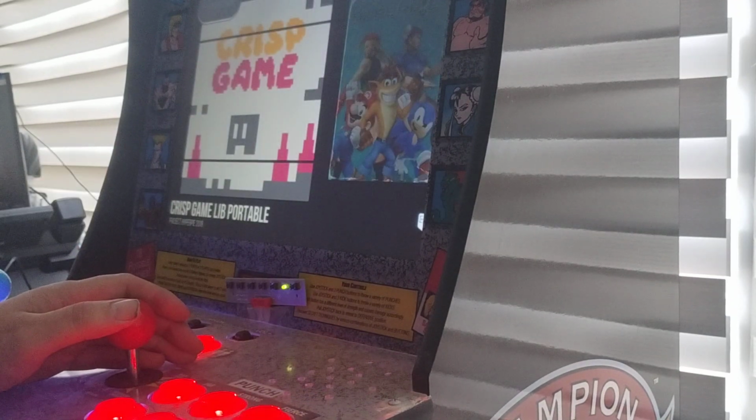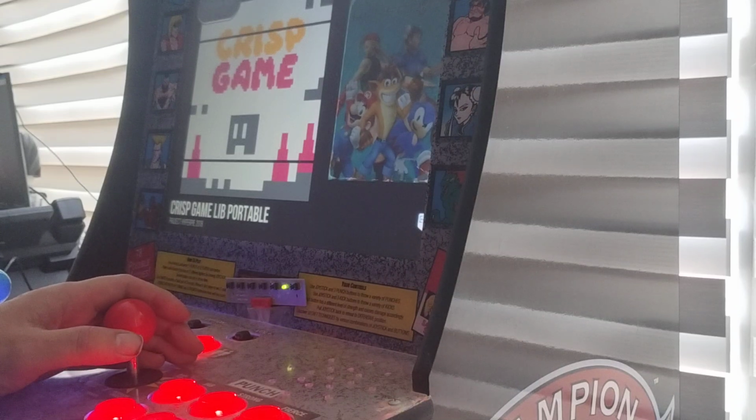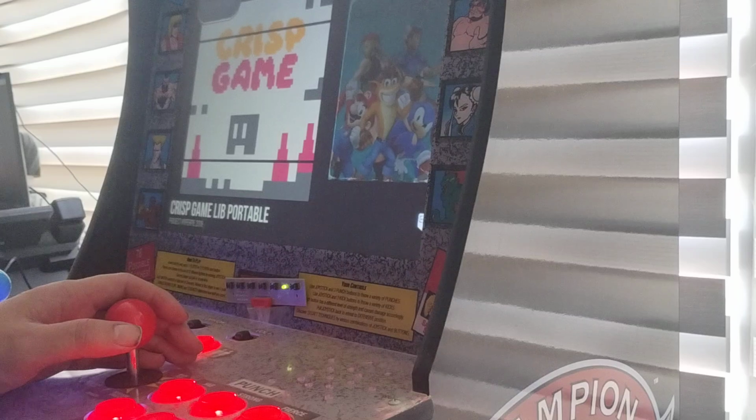A few months ago I made an SDL port for the Crisp Game Library Portable. The Crisp Game Library is basically a collection of one button JavaScript games that was made by abagames. And the portable version is basically C code that can run the games, but initially only 16 of the JavaScript games were converted to C code, but I made an SDL port a few months ago that